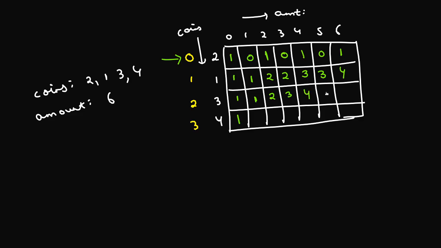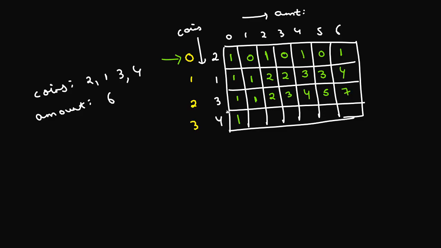That's a 4. Okay. Here, 5 minus 3, which is 2. So this is the value that I'm considering when I'm using this coin. And when I'm not using this is the value that I'm considering, 3. So 2 plus 3, that's 5. Let's write a 5 here. And here, if I use the coin of denomination 3, so I'm left with the amount 6 minus 3, which is 3. The value is stored here, 3. Plus, if I don't use this coin at all, there are 4 ways to achieve that. So 3 plus 4, that is 7. So I'll just write a 7 here.